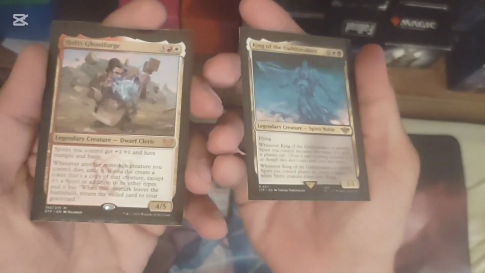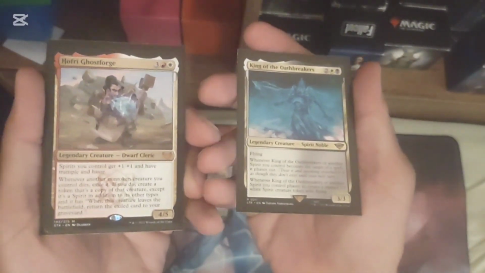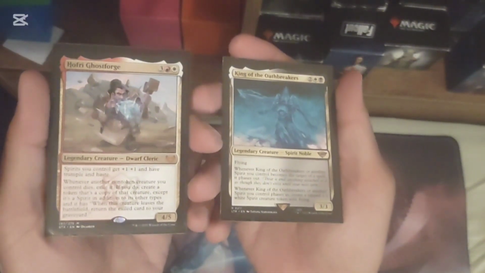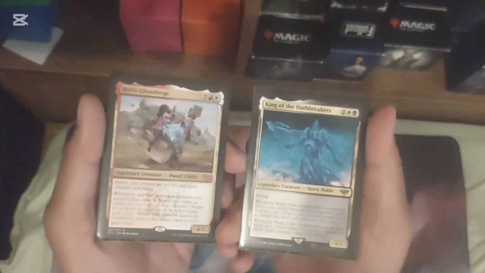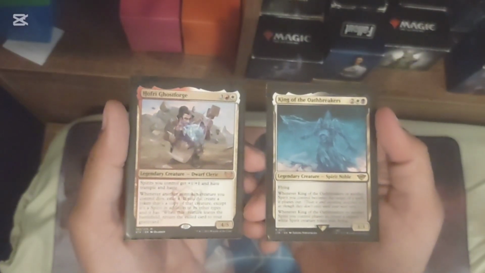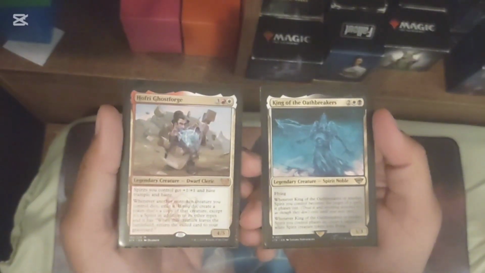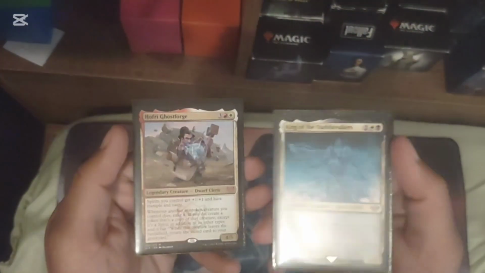The reason I built this deck is I pulled these two cards when I was doing a couple different openings on the channel before, and the insane combo that comes from this is really cool. Basically, all my creatures that are spirits are going to get +1/+1, have trample and haste, which is great in the first place. But the better thing is, whenever a non-token creature I control dies, except for him, I can